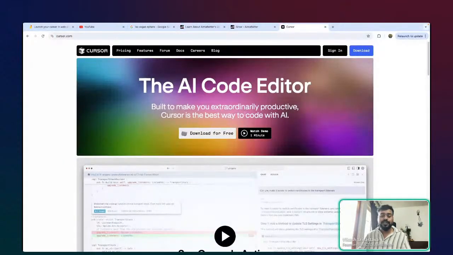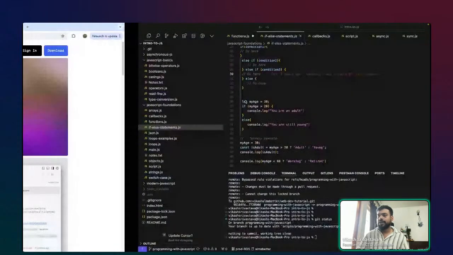What is even a code editor? Because we are on this topic of developing a software, we want to write it in some programming language, and we will want to write our code in some code editor. I think you might know about VS Code by Microsoft, or you might know about IntelliJ or WebStorm by JetBrains. But I would prefer that you start using Cursor. Why? I'll tell you.